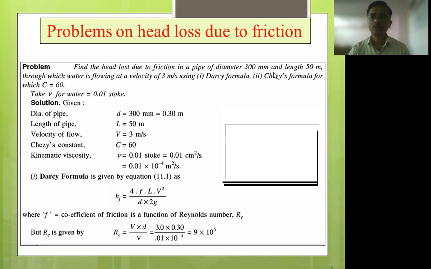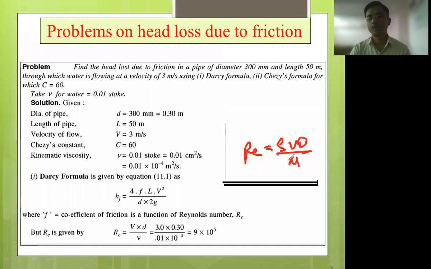What is the formula for Reynolds number? Rho Vd upon mu. This is the formula. If I take this rho below,